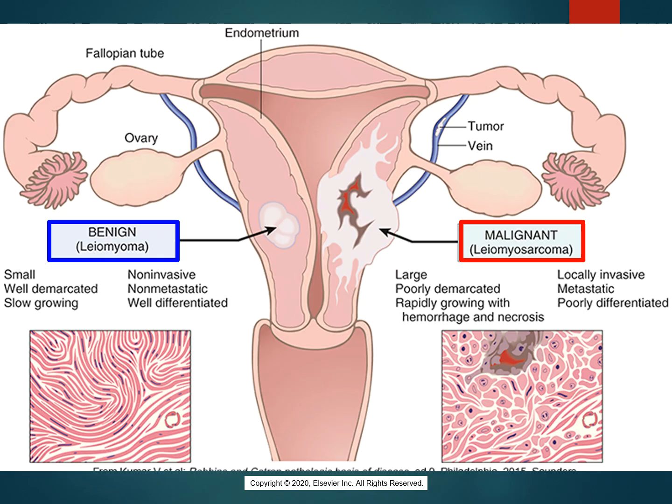Or, as Eva is pointing out, if you have a tumor in the brain, what do you know about the brain? It's surrounded by a hard, non-expandable skull, right? And this is actually one of the big problems we have with people getting tumors in their brain, is that as it begins to expand,